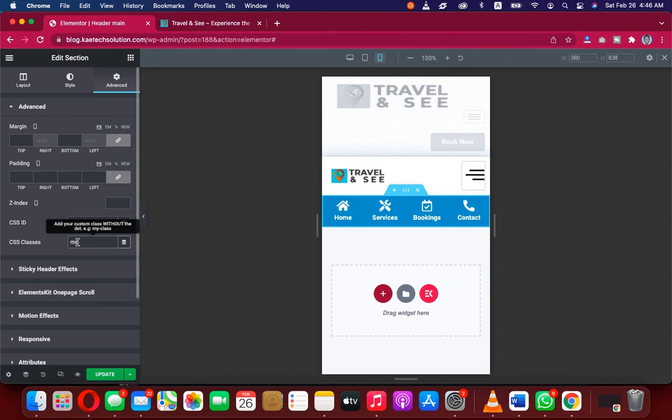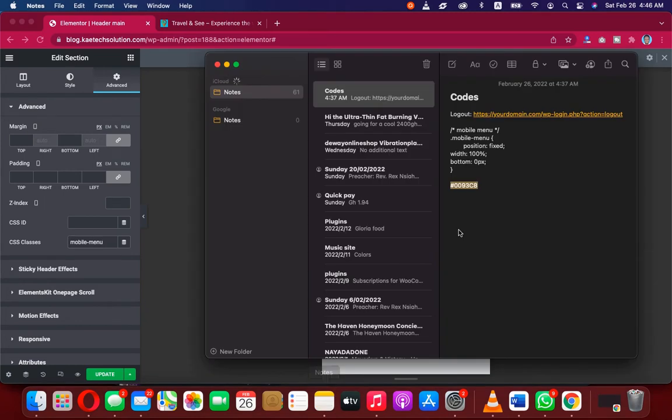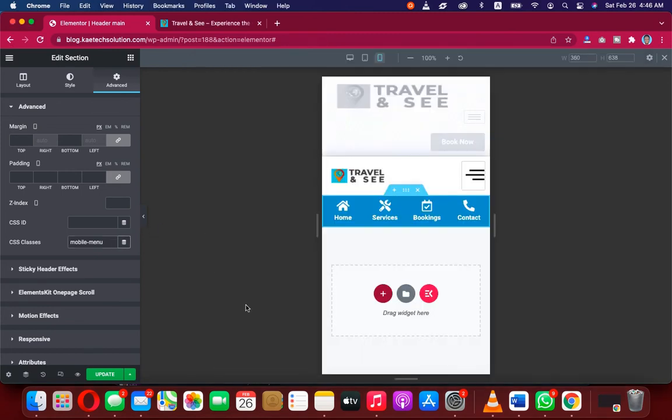So write mobile hyphen menu, just like this one, mobile hyphen menu, okay. And then we are going to use this code over here. So we copy this code. I will leave the code in the description. If you don't see it in the description, you can find it on my website. And then we go to